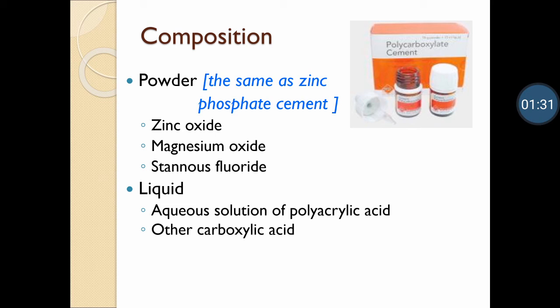The liquid contains 35 to 42% of polyacrylic acid with a molecular weight of 25,000 to 50,000 daltons. It's mainly a copolymer of polyacrylic acid, which contains some unsaturated carboxylic acids like itaconic acid and maleic acid. During the manufacturing process, the viscosity of the liquid can be adjusted by adding these copolymers. The pH is adjusted by adding sodium hydroxide. The maleic acid and itaconic acid help in preventing gelation over extended periods.